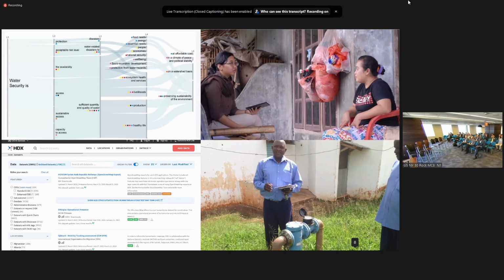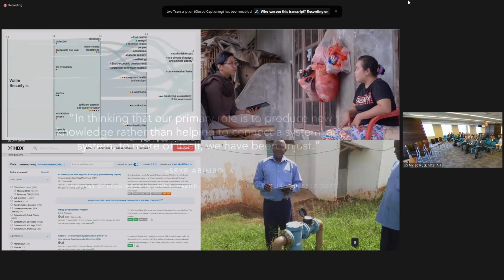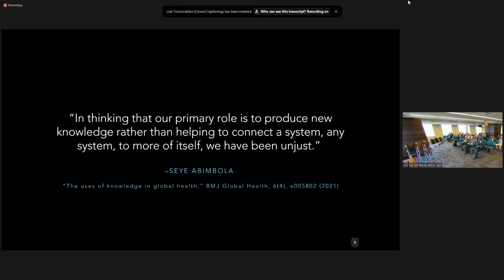So each one of these activities is important, but what we see often is, especially with M&E, which can be 15 to 30% of the budget of large programs, we see it increasingly as a missed opportunity to invest in government data systems. And so what we've been trying to do over the past few years is develop a way to use all of these investments that are made into data collection as an investment in the government data systems to connect more of the system to itself.